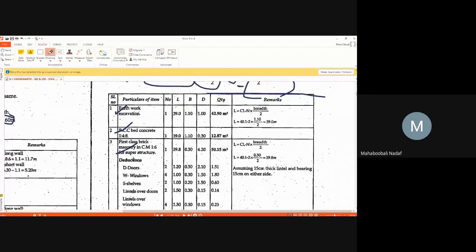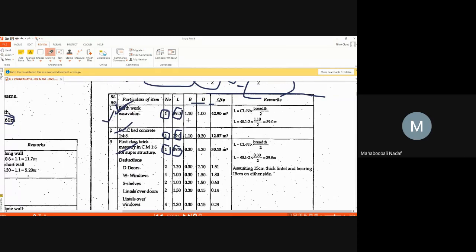For the center line method, there are no numbers; you should write only one. But in long wall, short wall, two long walls, three short walls, like that you have to write. Here you have already calculated the total perimeter center to center, so you write only one. Do not write the length column. Only write the width and depth of that item using the cross section.